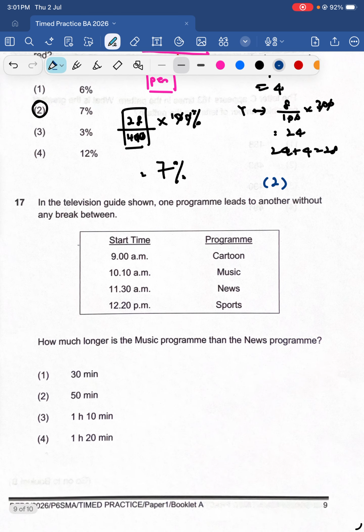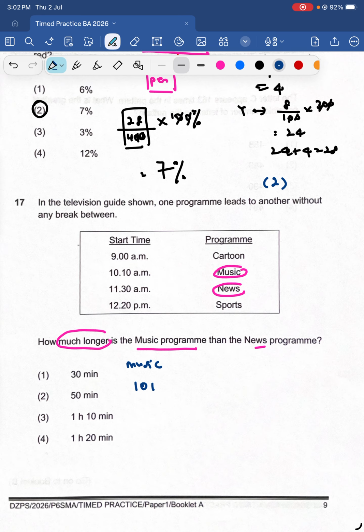Alright, question 17. Once again, it's time. They are telling you in the television guide, one program leads to another without any break in between, and they are interested in the music program. How much longer is the music program as compared to news? So to find music,